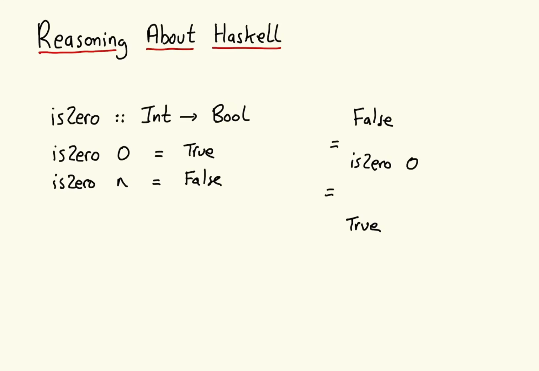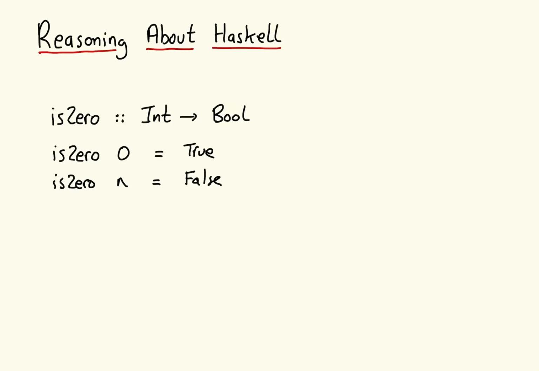And then, of course, what I'm going to do is I'm going to take that and say, well, I could apply the function definition here and simply get back true. So if I do that, I'm going to get back true. So what I've proven here for you is that false equals true, and that's an inconsistency. If you can ever prove that false equals true, your whole reasoning system collapses and you can actually prove anything. So this is actually not a valid proof here, and it's not a valid proof because I cannot